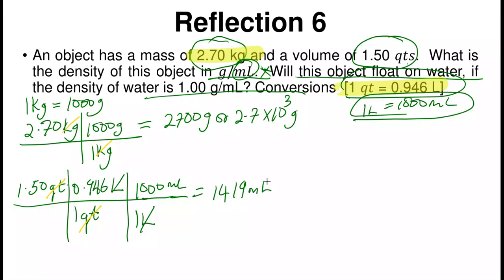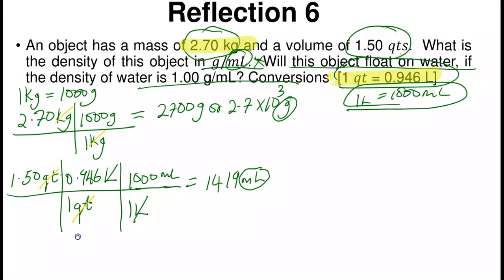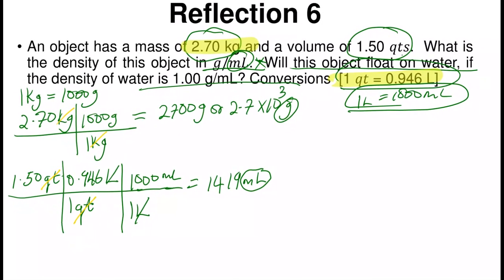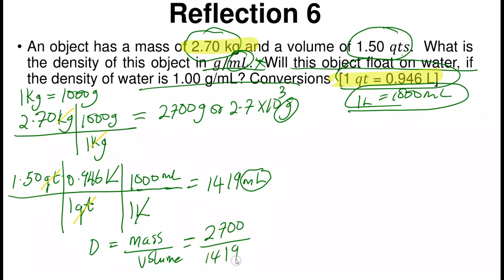This becomes our answer. Now, we've converted the kilogram to grams. Remember that? And we've converted the quart to mils. So now we can easily do our density. Our density will now be equal to mass over volume. And if we plugged everything in, 2700 over 1419, of course, this will be grams, this will be mils. And if you do the math correctly, it's going to give you about